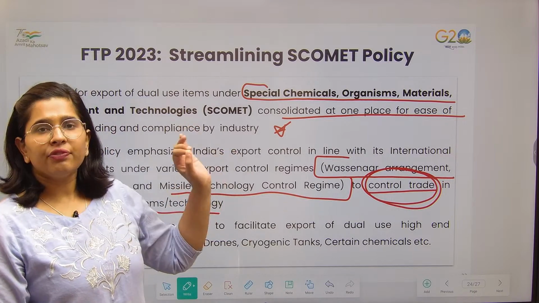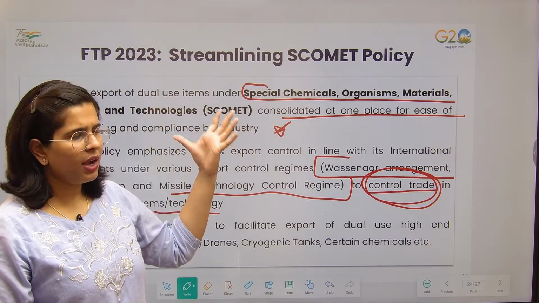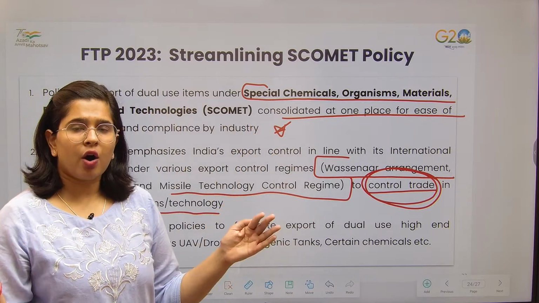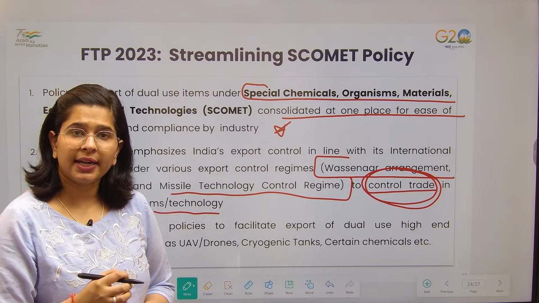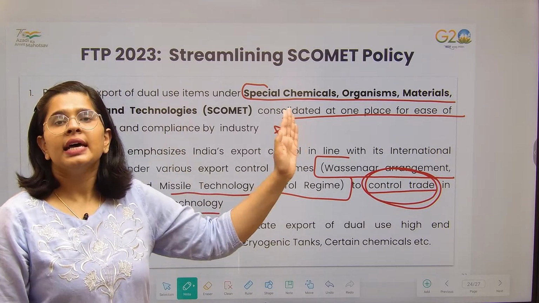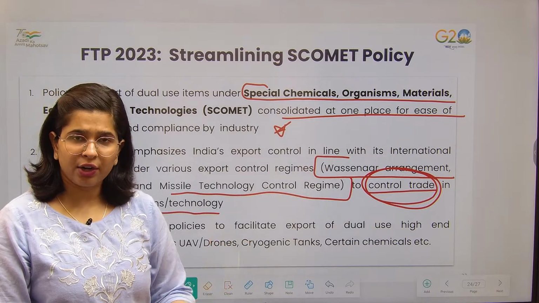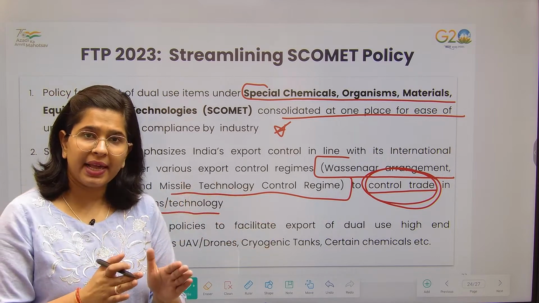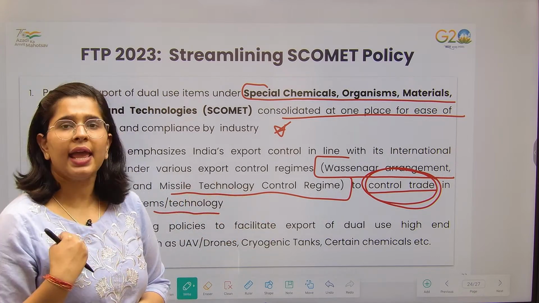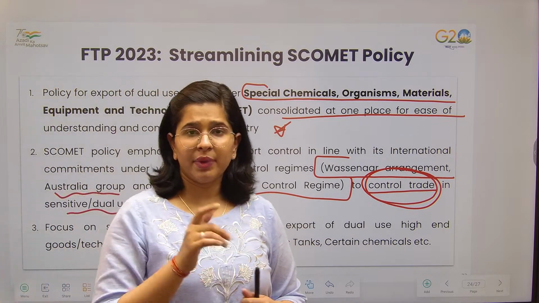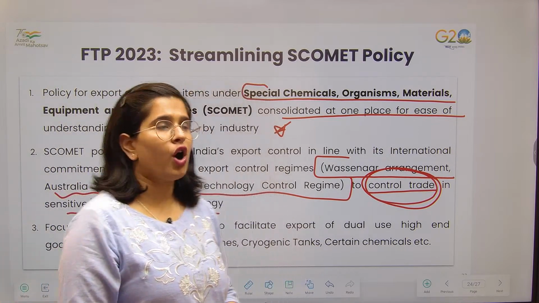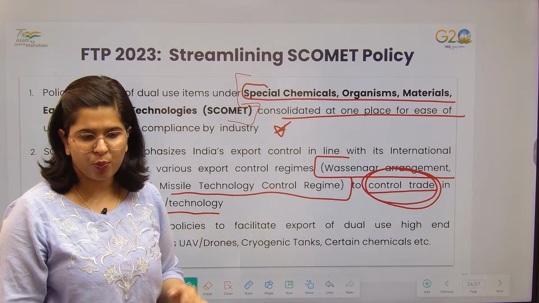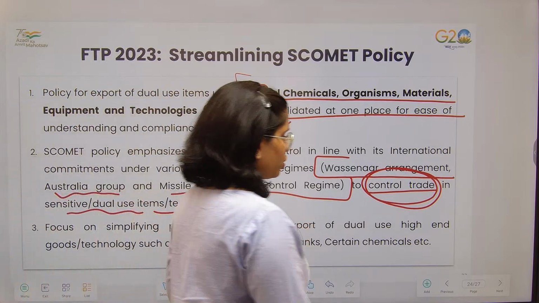So the Government of India has made this particular policy. It was already made, now it has been streamlined, and many more provisions have been included. All the rules and regulations related to exports of such sensitive technology or chemicals, etc., have been brought together at one place. And now, suppose I am exporting a technology which can be used in a dual way, I have to follow all the instructions provided in this policy. Okay, so this was the intention of this.